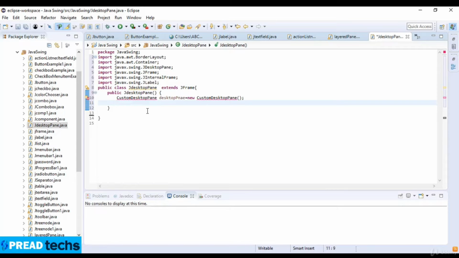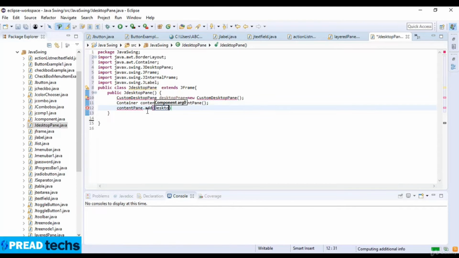Okay, here I write Container, and contentPane is equal to getContentPane. And now contentPane.add, and add is desktopPane here, BorderLayout.CENTER. Okay,